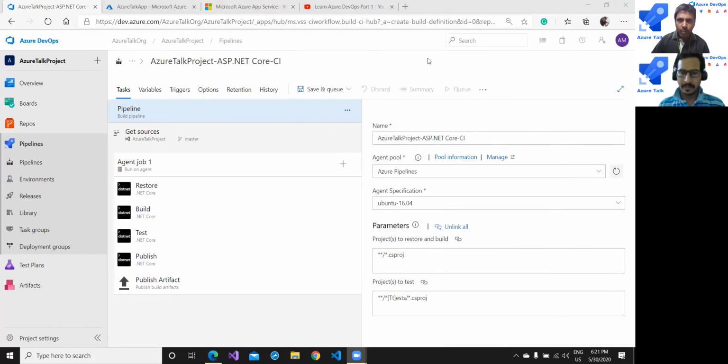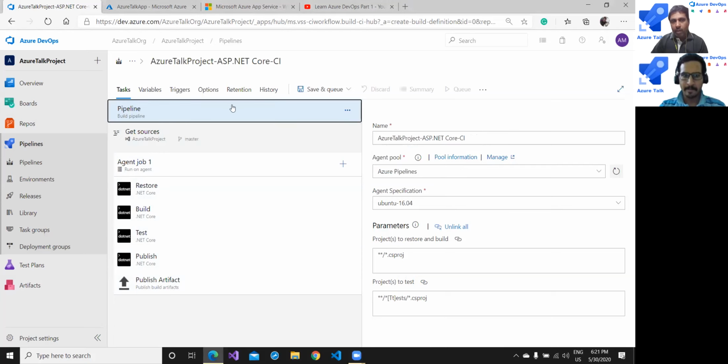Right? So once you click on OK, you will reach the next blade, where by default Azure DevOps sets up some jobs for us in the background by understanding the code base. So the first ones are restore, build, test, publish, and then publish artifact. But before that, we should check the pipeline. On the right hand side, you will get some options